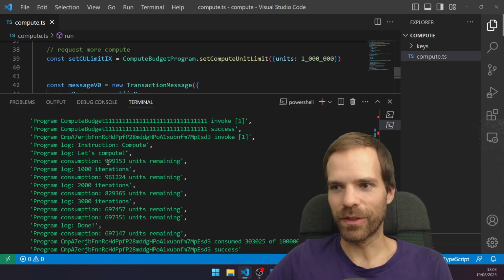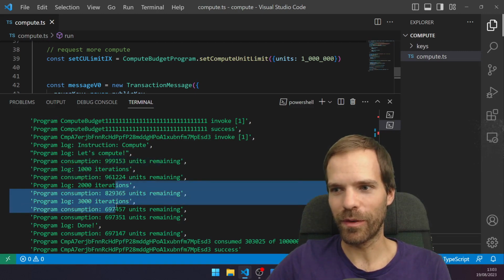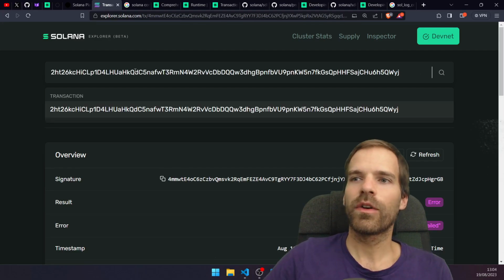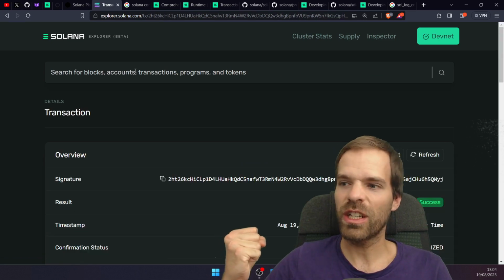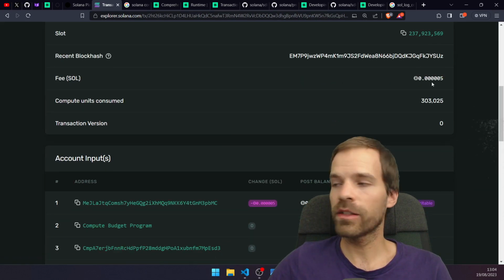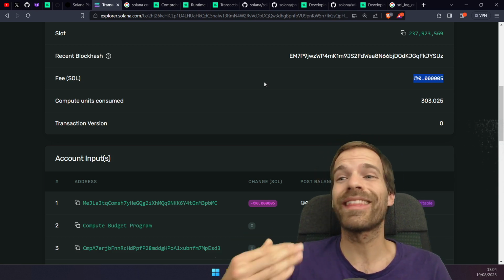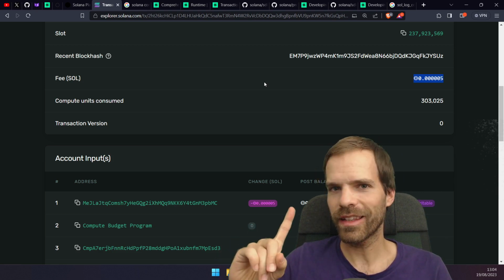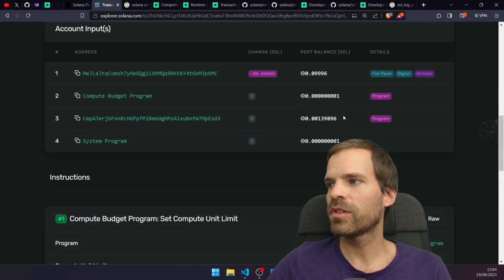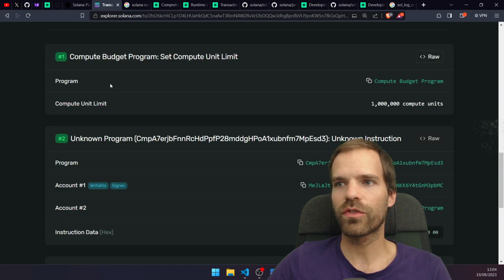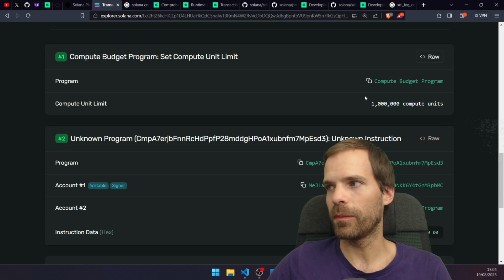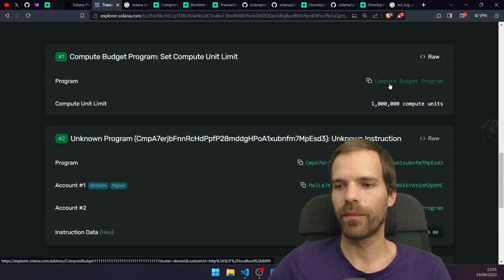That could be, because the first 1,000 are cheaper than the remaining ones. Anyway, let's have a look at that on chain, see what changed. We are still just paying the base fee, so increasing the compute units does not cost us anything yet. And we see, okay, first instruction, we set the compute unit limit with the compute budget program, which is one